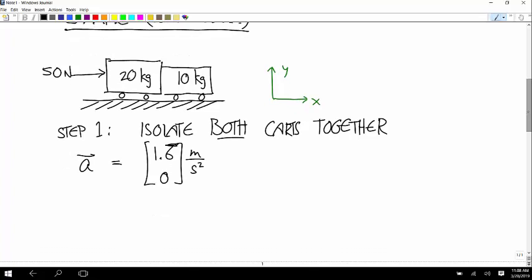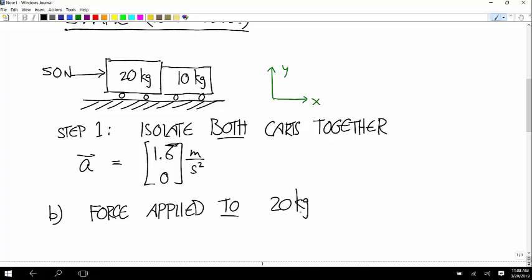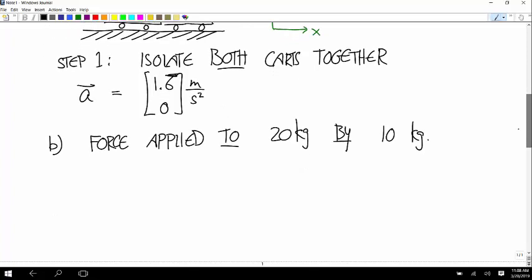And the second thing that we're trying to calculate is the force applied to the 20 kilogram cart by the 10 kilogram cart. Okay, so